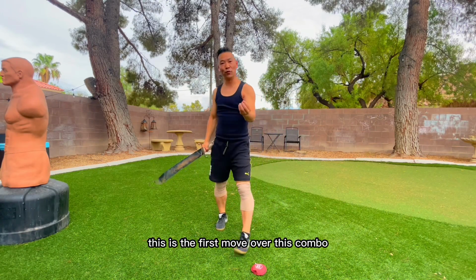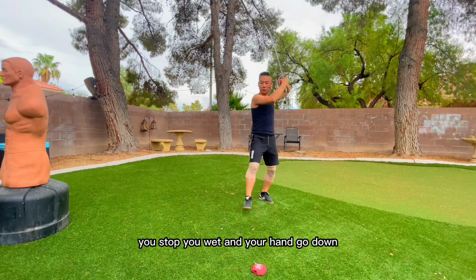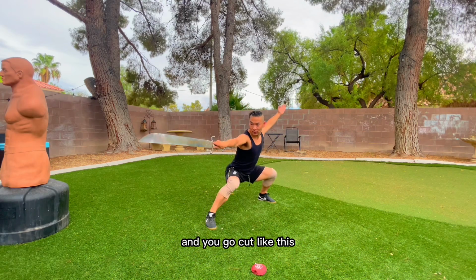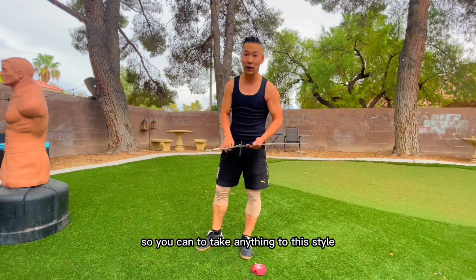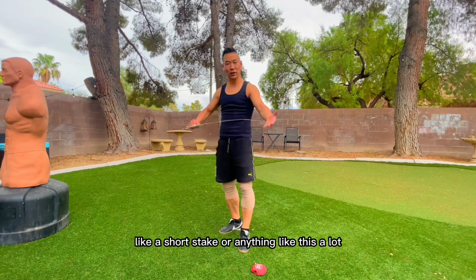This is the first move of this combo. Both hands cross and fit together. You stop your right, your hand goes down, and you hold the sword blade in this way and go cut like this. Another thing, my friend: if you're training this sword but you don't have one,